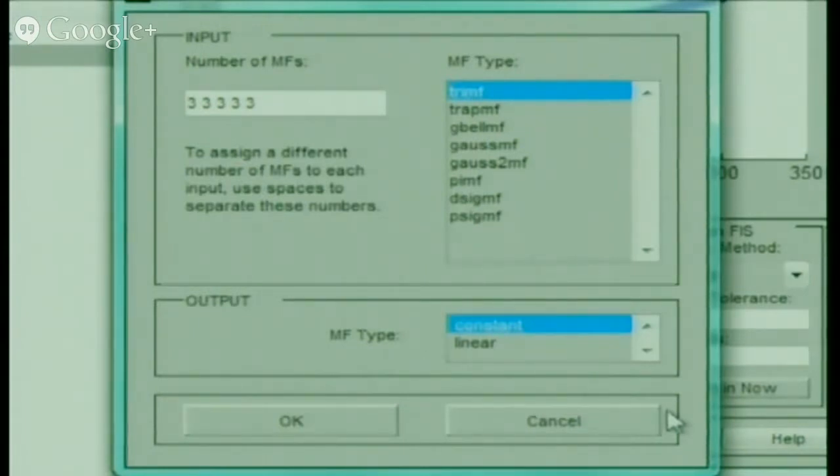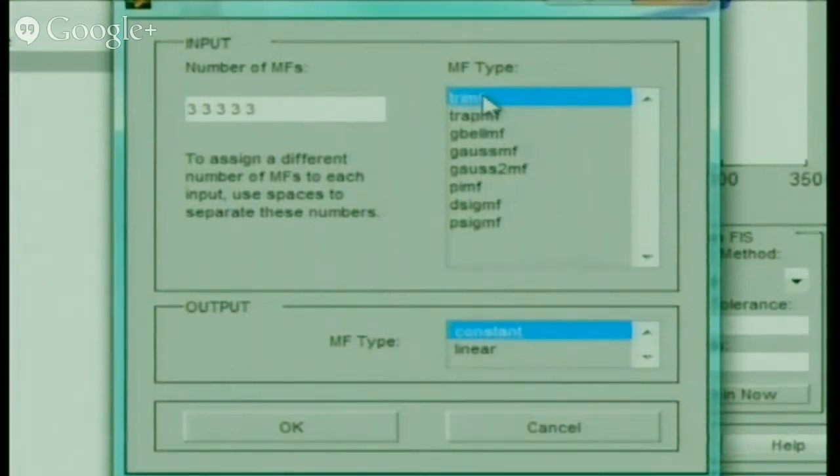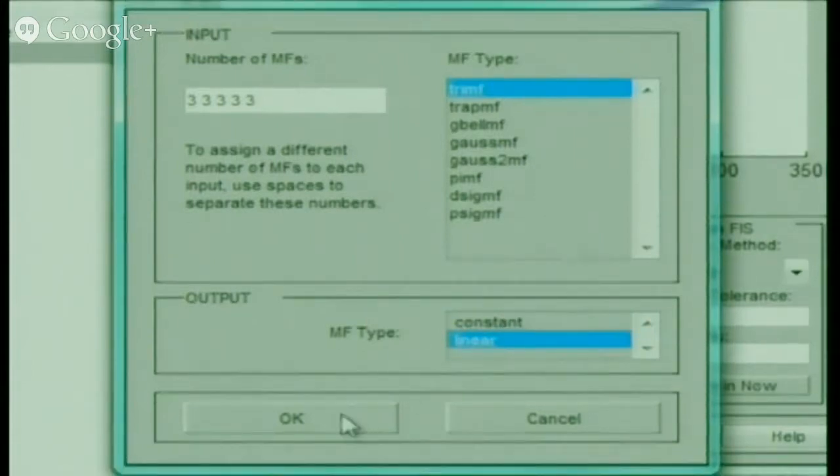Say you have 5 inputs: one is temperature, one is pressure, one is humidity, and so on. For temperature it is taking 3, in the sense hot, medium hot and cold, or very cold or freezing. However many membership functions you want, you can take. Here I have taken 3. These are the linguistic variables. The number of membership functions is how many linguistic variables you give, here 3, and then the type of membership function, whether you want triangular, trapezoidal, G-bell and all these things. This is also trial and error. You can try different methods, and whichever gives you a better result, you can fix it. For the output membership function, whether it is constant or varying linearly, you can choose accordingly, and just click OK.